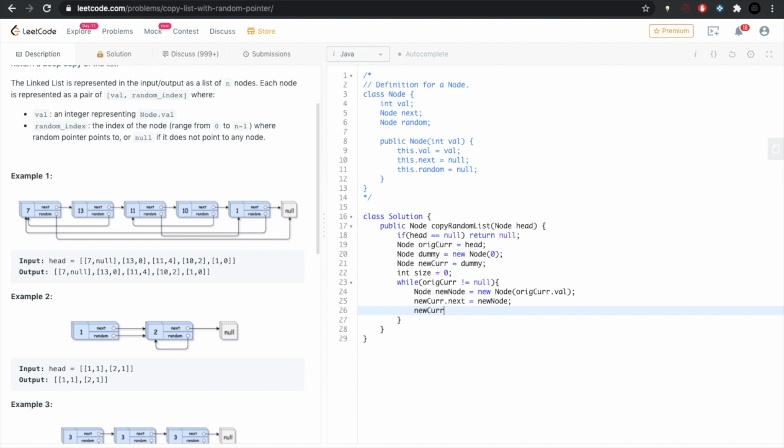Move the new cursor by 1 to the next node. Move original cursor by 1. Increase the size.